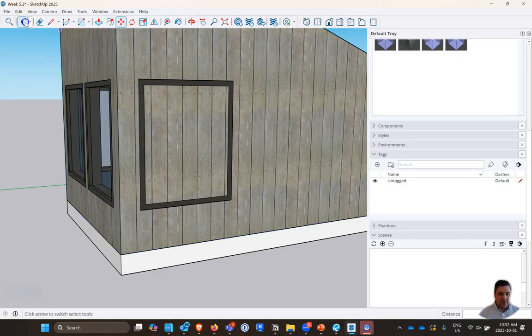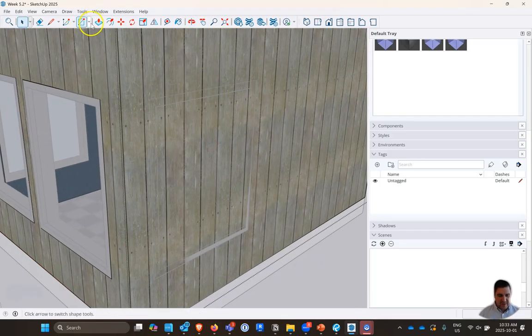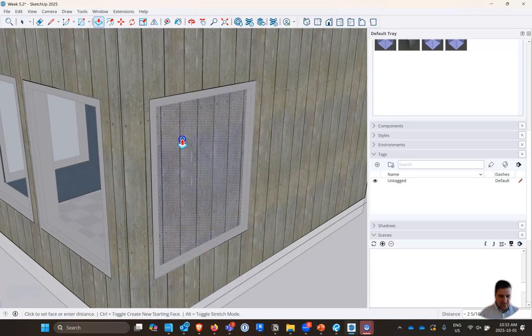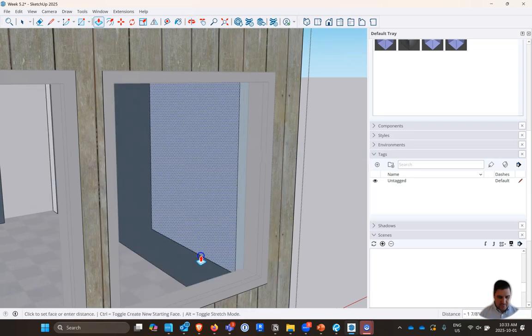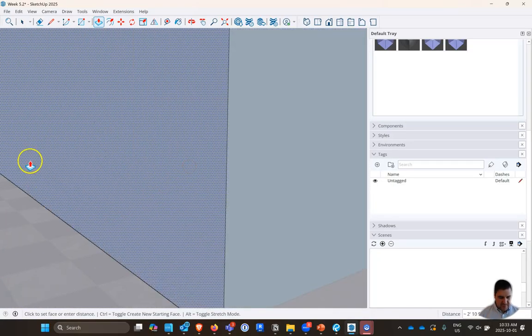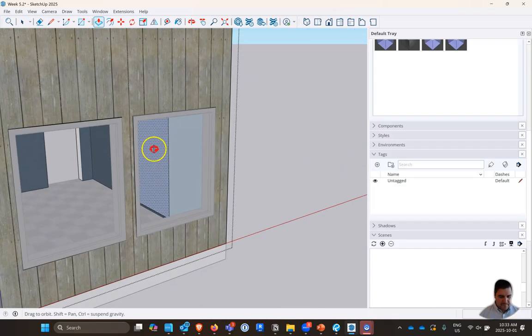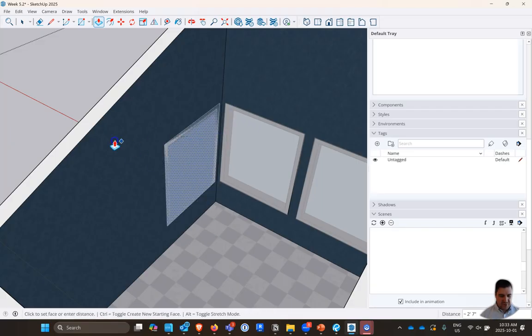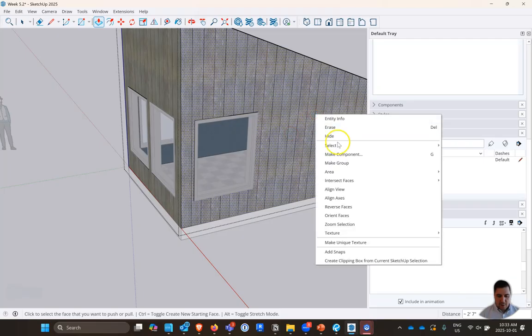And so what we want to do here is we want to edit our wall group, and we can just trace this window like so. And now we can just extrude this in. This one might be a little bit weirder to extrude. Yeah, there we go. Sorry, I've got to see one of these lines here, and it doesn't want to work with me. Sorry, I'm just going to change my position. So there we go. Extrude like that, and it should delete. And so now we have our window there